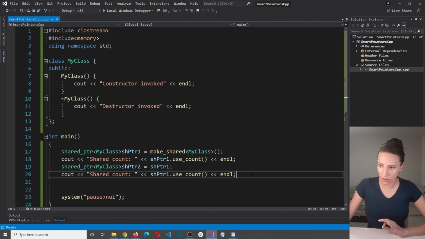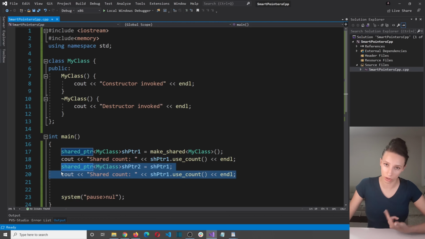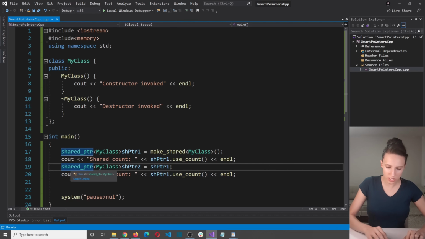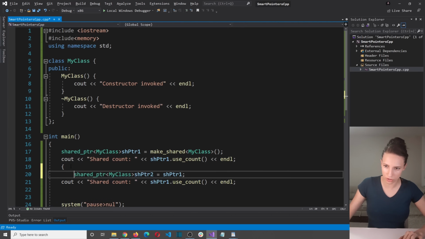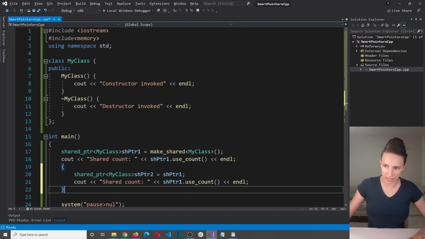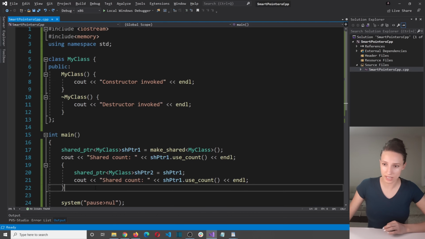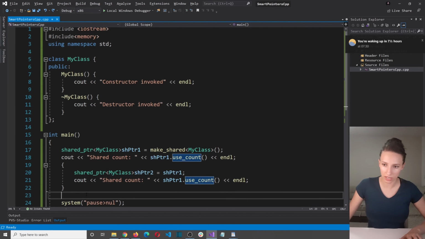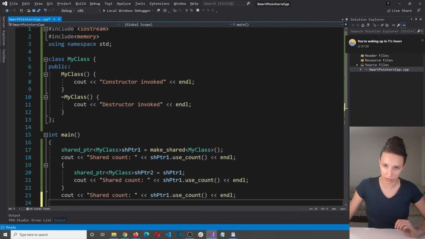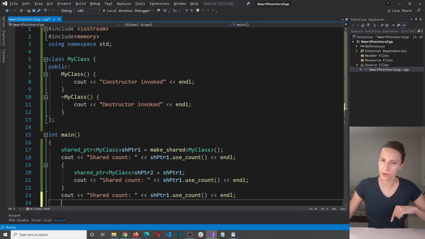What I want to do now is put this here into an additional scope. So let's create an additional scope like this. And what I want to do now is, after this scope, write out the count of the owners of this memory location. So let's run our program and let's see what is going to happen. Let me know what you expect to happen in the comment section before I run the program. Okay,